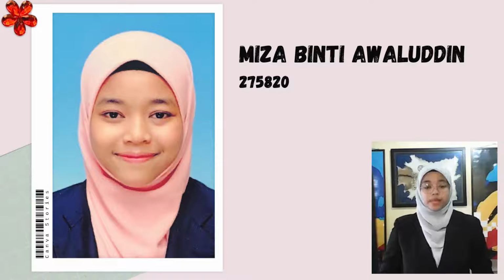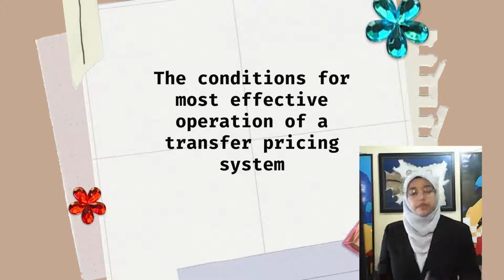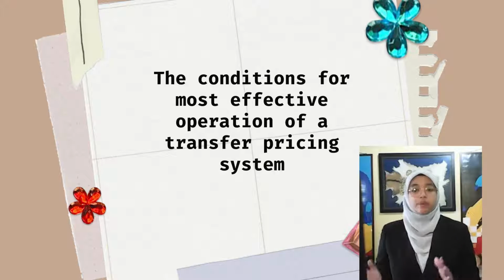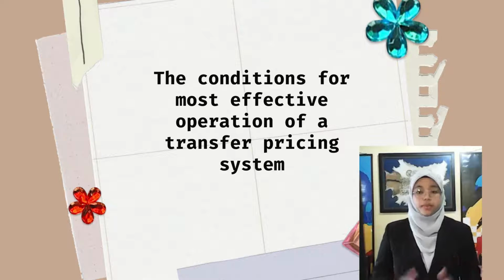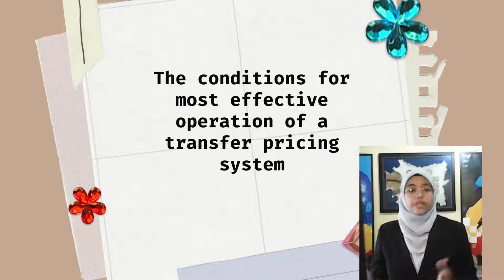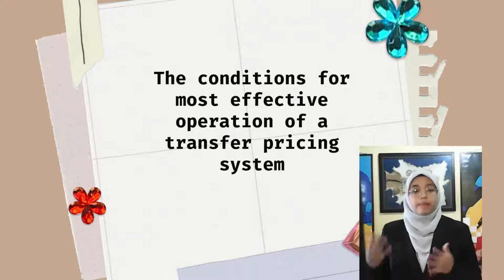I'm from Group L1. Transfer price is the amount used in accounting for the transfer of goods or services from one responsibility center to another or from one company to another within the same group. For example, the price used in accounting for the transfer of finished goods from the manufacturing department to the marketing department can also be referred to as transfer price. Transfer pricing is a method of allocating money among several divisions that develop, manufacture, and market products and services together.